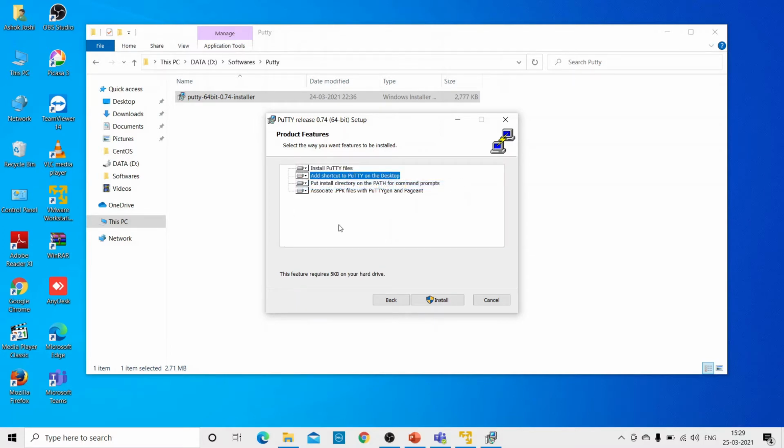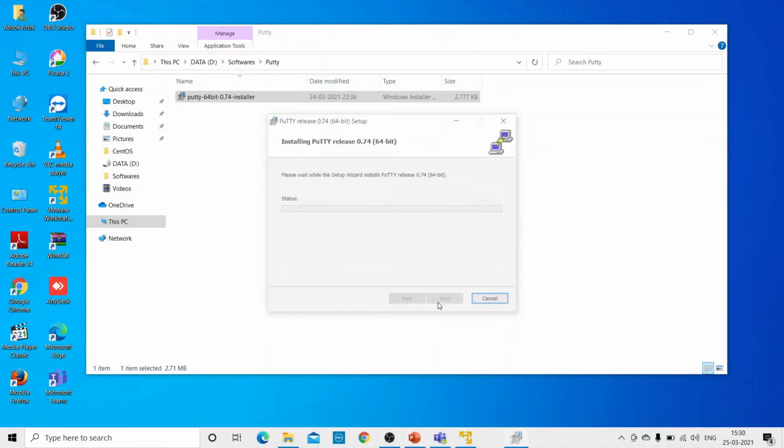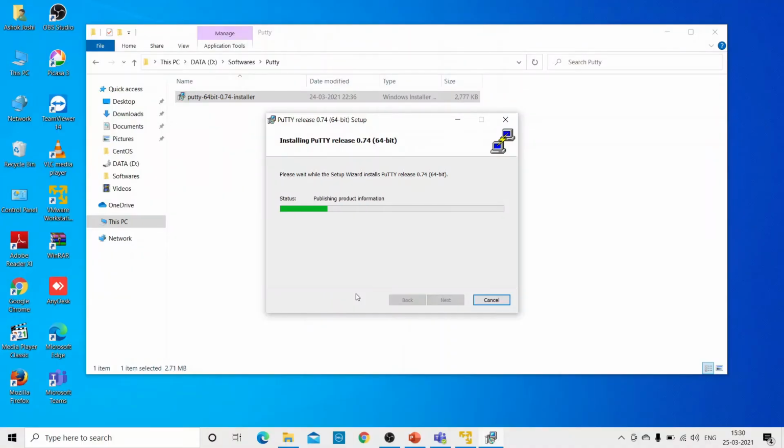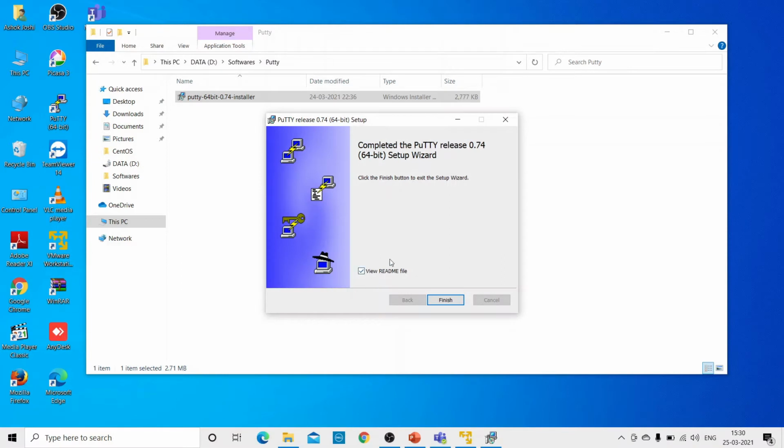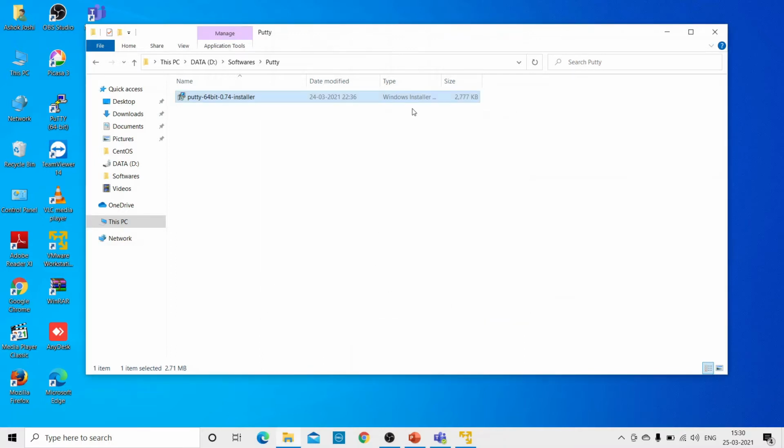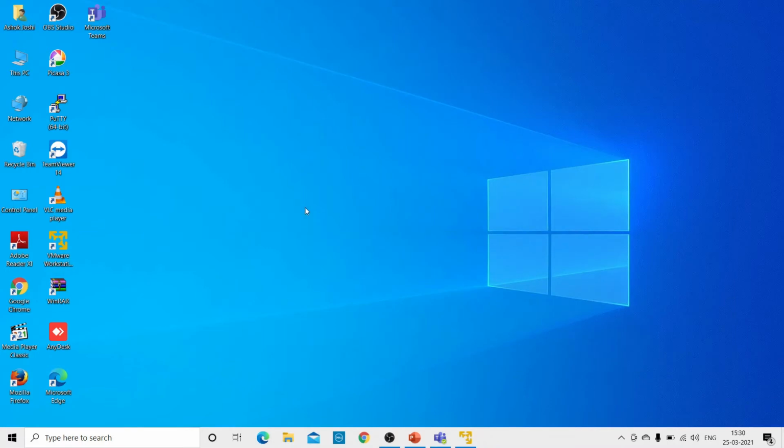If you don't want it, you can leave it as it is, doesn't matter. Install. It will ask whether to install. Click yes. That's pretty much it. Click the finish button to complete the setup wizard. I don't need this readme file, just click on finish. Now we have installed PuTTY.